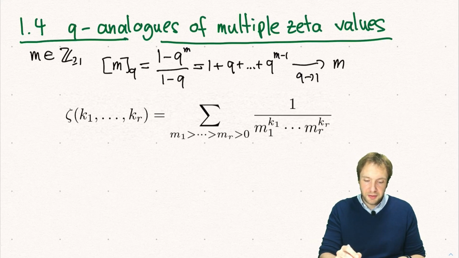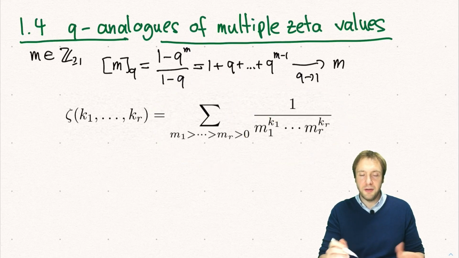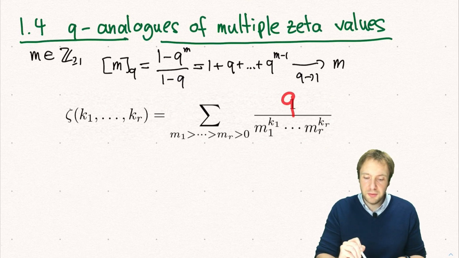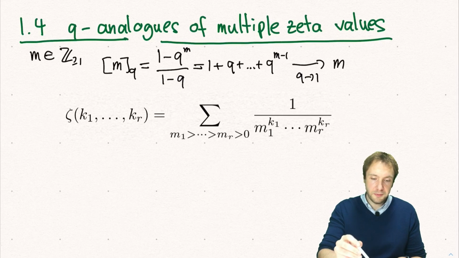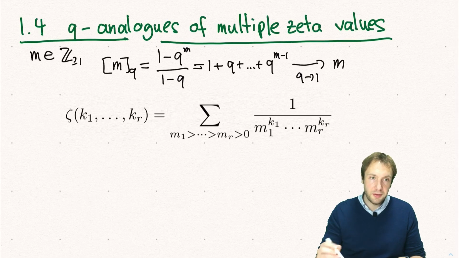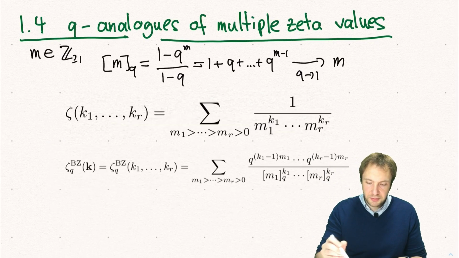So you would have a 1 here plus something. So this wouldn't really give a well-defined q series. So what you need to do is you also need to put some factor q here in the numerator. And there are different ways to define q-analogues of multiple zeta value, and one common way is the following, which